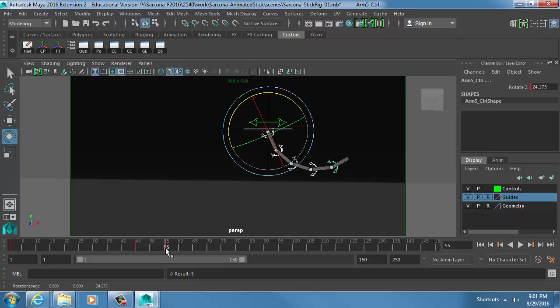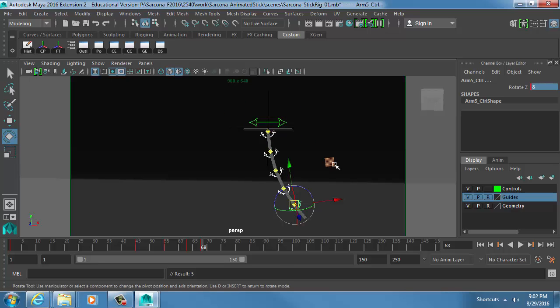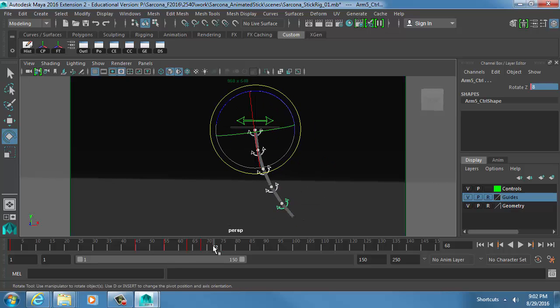So I went 10 frames here. I'm going to go less frames on the next one. So maybe I go 8 frames or so. And then I swing it back less the other way. So I went from -29 to +25 to -15, and then to, let's say, +8. Then swing it around the other way a little bit, to that, and then to that, and then to